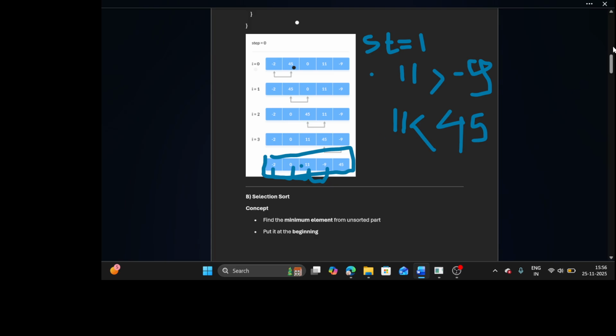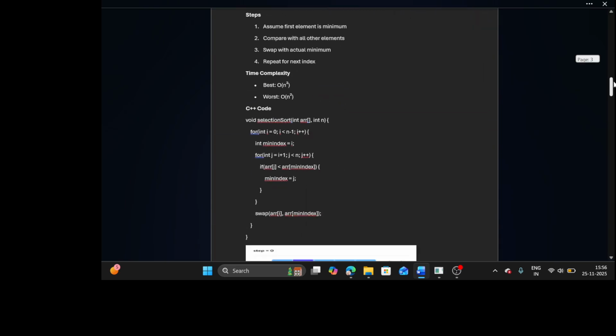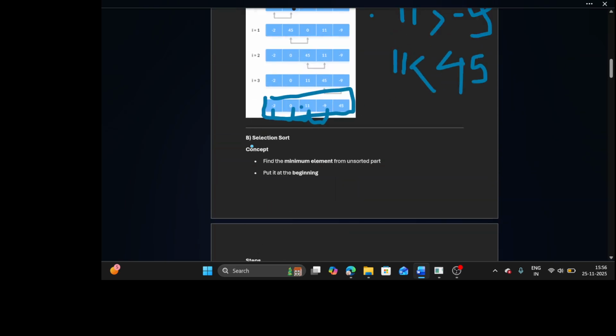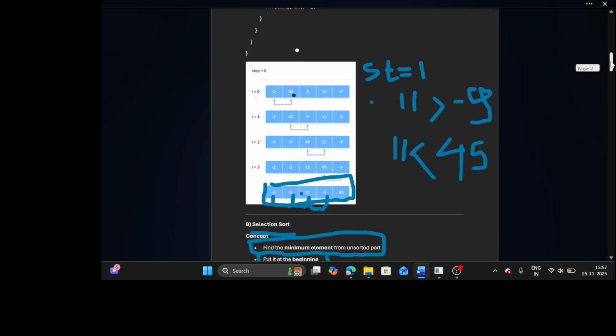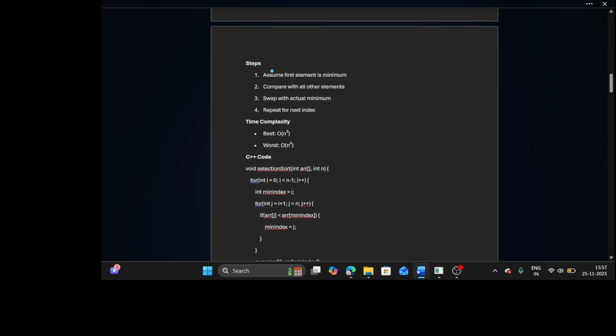Okay, so now the next sort is selection sort. In selection sort, the concept is to find the minimum element from the unsorted part and put it at the beginning. Let me explain with the help of an example. The steps: assume the first element is the minimum, compare with all other elements, swap with the actual minimum,